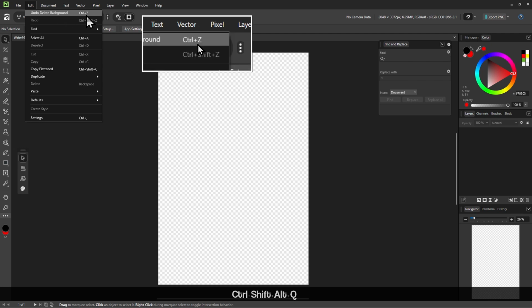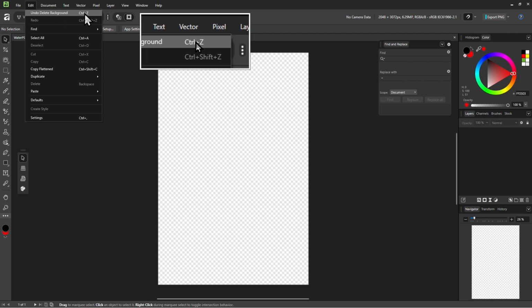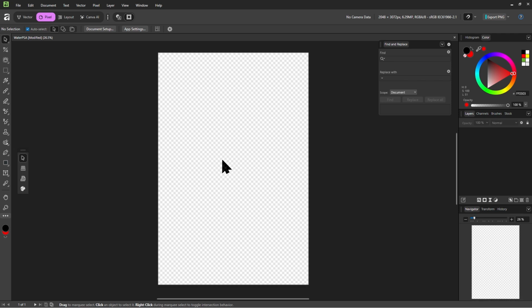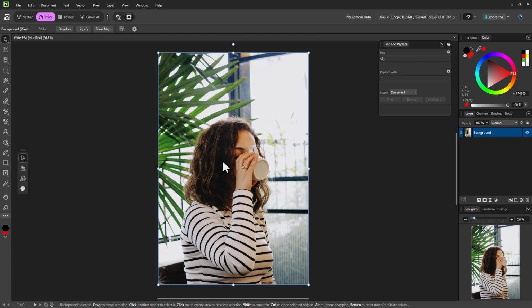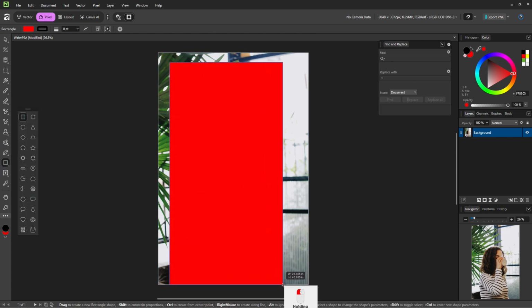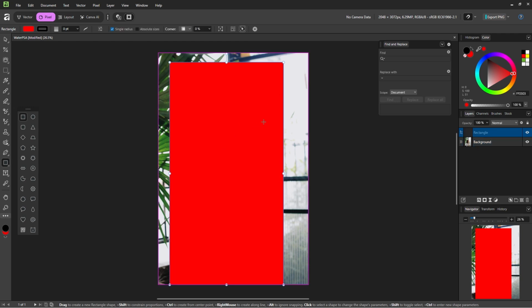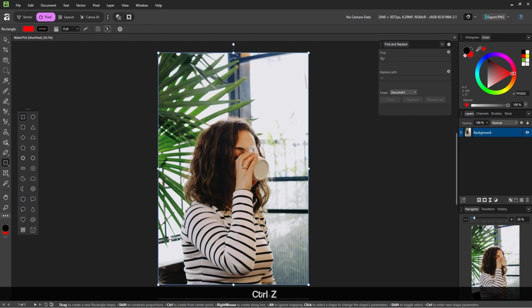And the shortcut for that, as you can see, is Ctrl plus Z. So let's close the edit background and try pressing Ctrl Z. So undo will undo anything that you accidentally did. For example, let's say we go into the rectangle tool and we make a rectangle that is way too big like this, that covers up the lady, and we wish we hadn't done that. We just press Ctrl plus Z.